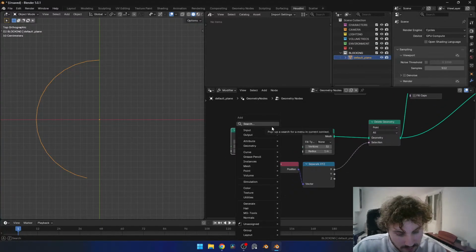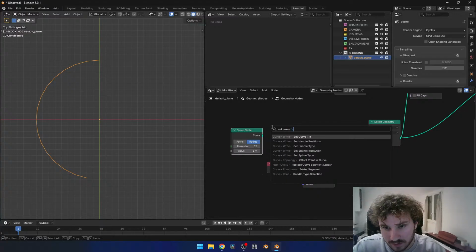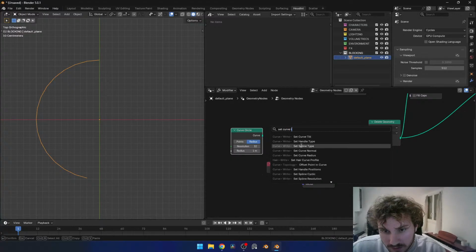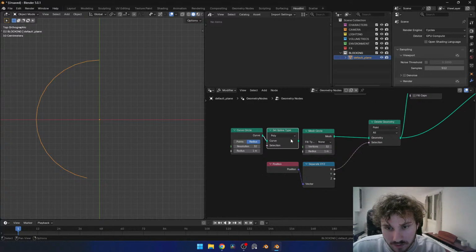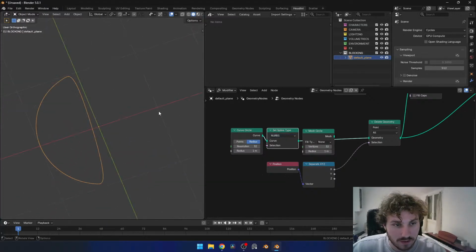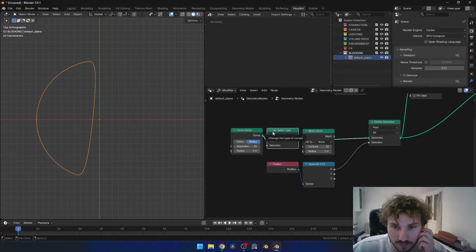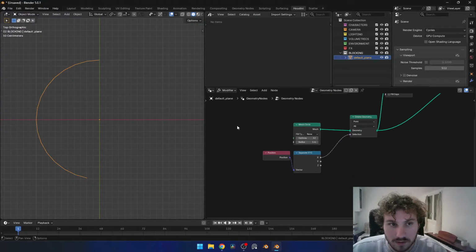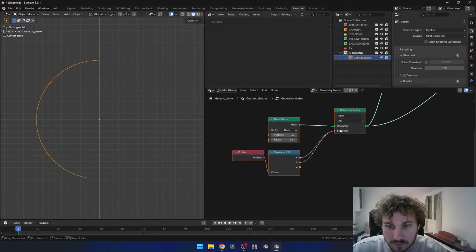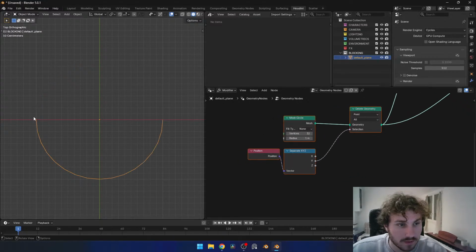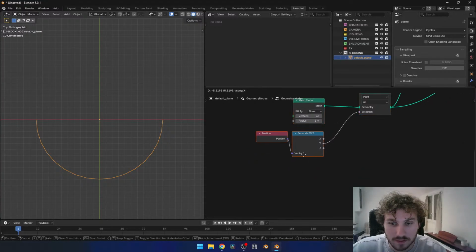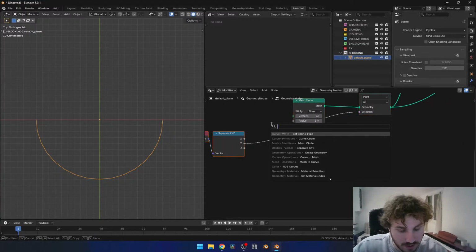What if I do a set curve type, set spline type? Okay, polygons. Okay, no, it doesn't work. Bezier, NURBS. Okay, doesn't want to work. Yeah, let's just do it this way then. And then we're gonna split by the y-axis. So it's only half, but I want to do a